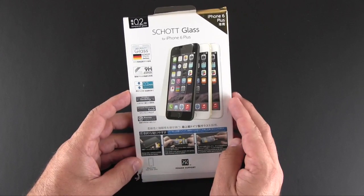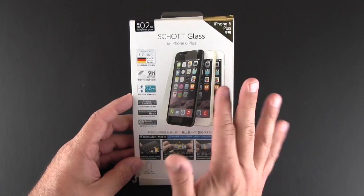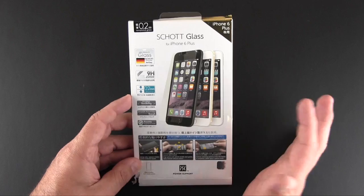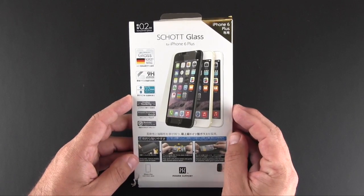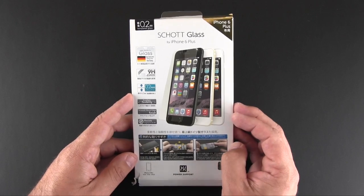So you should already be familiar with Power Support. They are one of the original iPhone accessory manufacturers, and really probably the original iPhone screen protector manufacturer. I can remember way back when I got my first iPhone, seeing their screen protectors as the only ones offered